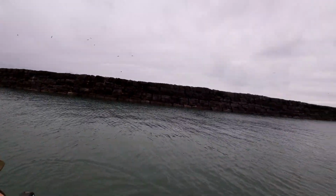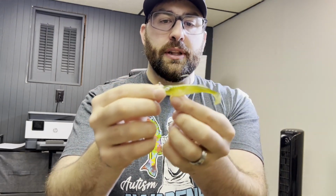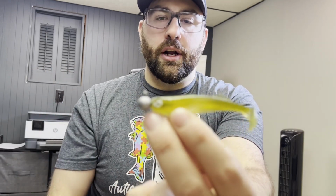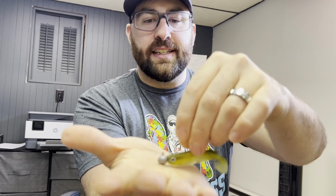And what that's going to do is when your line tie is coming in at that 45-degree angle as you're retrieving it, this 90-degree head is actually going to allow your bait to run more horizontal in the water. So therefore it's going to look more natural down on the bottom. It's going to crawl. It's going to help keep that bait upright as it ticks the rocks